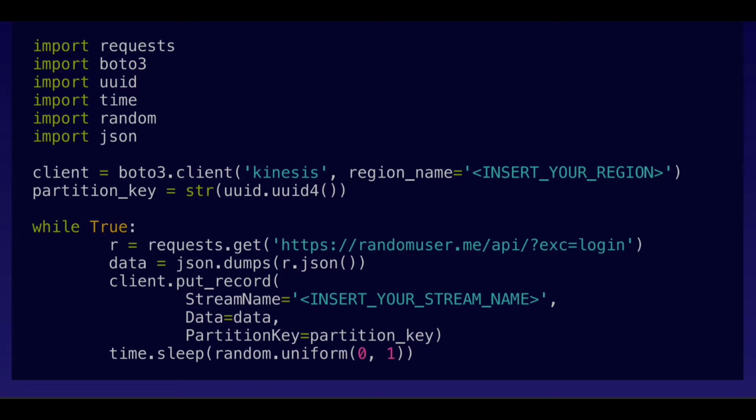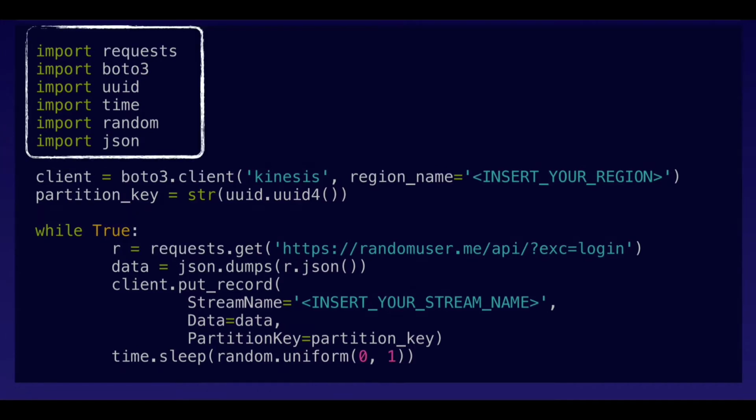Now, you may not be familiar with Python code, but you could always use Node.js or any kind of other SDKs that AWS offers. But if you are a machine learning specialist or a data scientist, then this code should look pretty familiar. I'll quickly go over what's actually going on. So first we import all of the libraries that we are going to use in this code snippet.